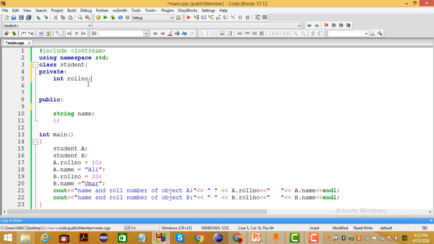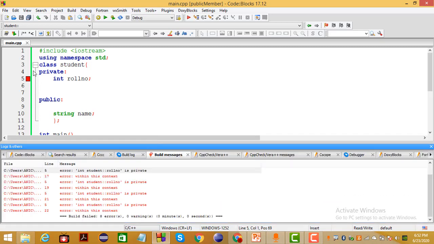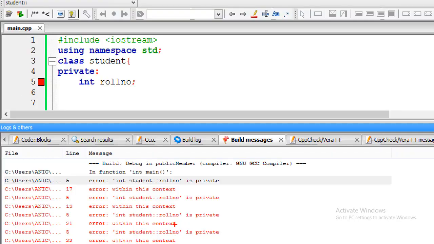Now, can we access this through the object? Let's see. We build it, but here is the error. As you can see, the error is that student roll number is private. So it's private, and we cannot access it through the object.